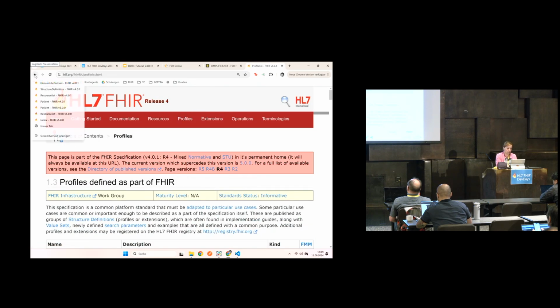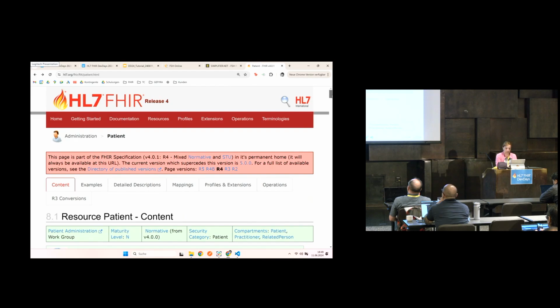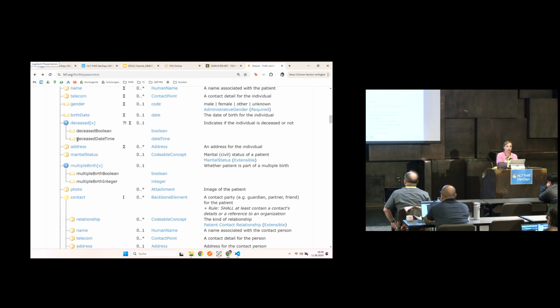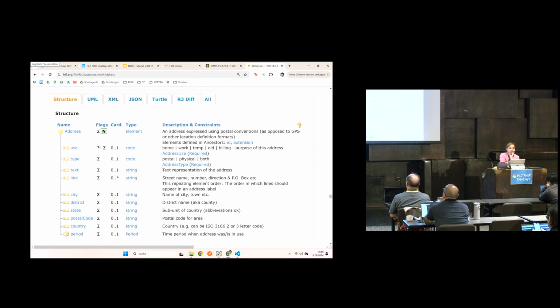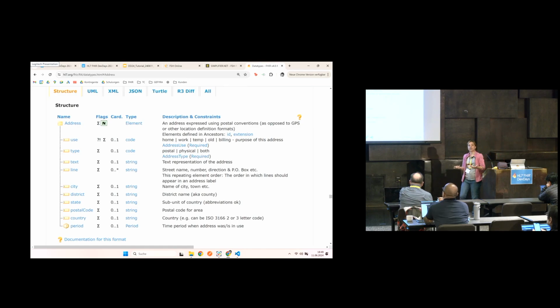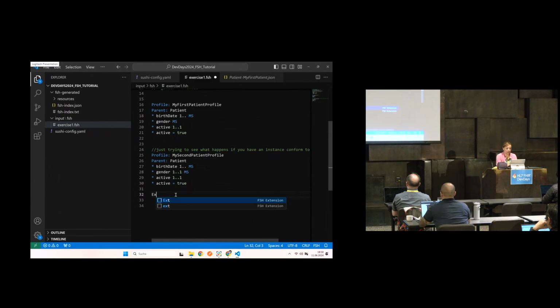Hold on, let's just go back to our patient. Let's put some constraints on patient address, and in this address data type, you can see there's lots of elements there, but not really a good place where you could add information about a planet. So we obviously need to add an extension on the address data type. And again, what is an extension if not just another instance of a structure definition? So we could, again, just create an instance of a structure definition, but there's also an easier way to do that in FHIR Shorthand, and that is to use the extension